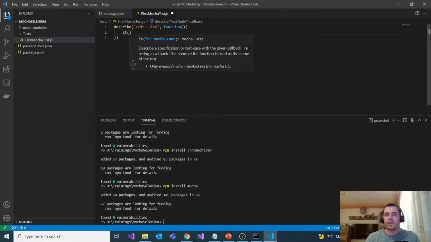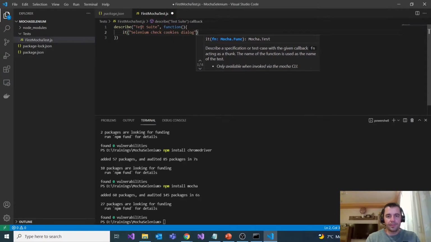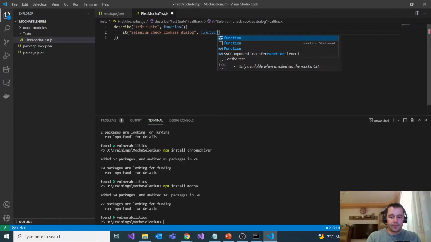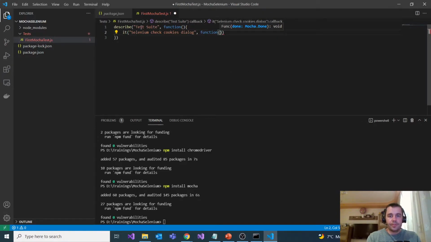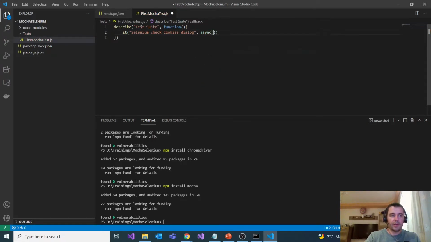Inside of this test, I will use Selenium to navigate to google.com and check that something appears. So basically we check that this accept cookies window appears there. Selenium check cookies dialog. Here we have a function, an async function. We'll use async functions. And inside of this,